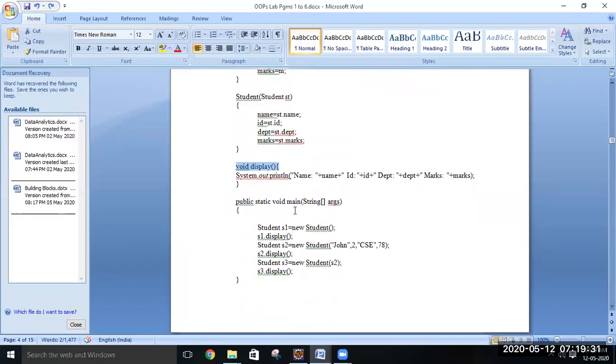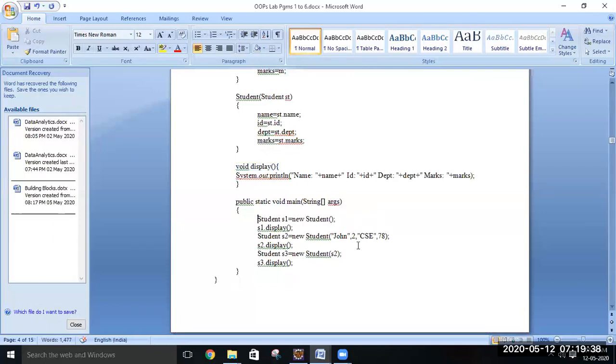Now let's move on to the main method, from where program execution starts. In this main method, you can see we have created 3 instances of the class Student. S1 is the first instance, S2 is the second, and S3 is the third. So we are dealing with 3 different students.